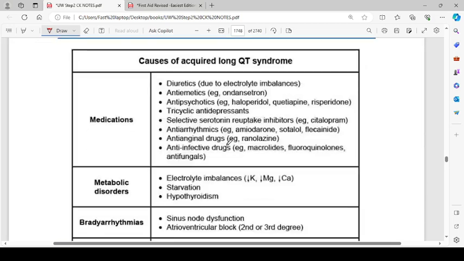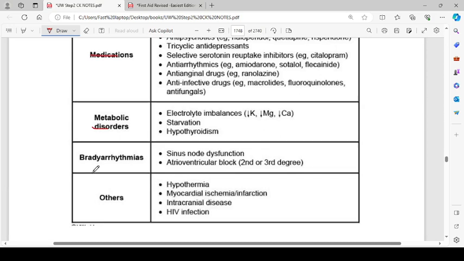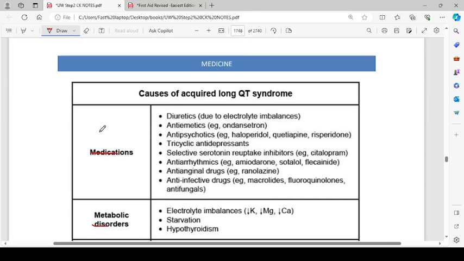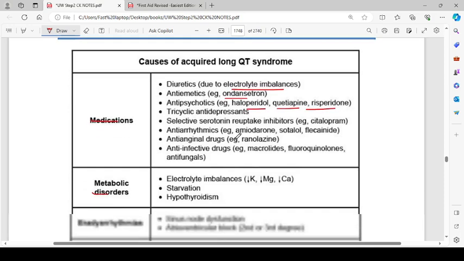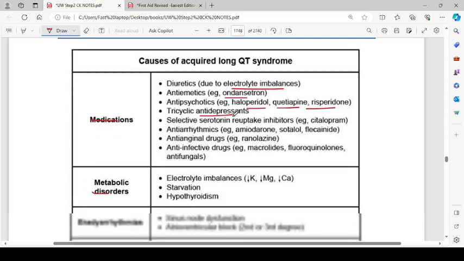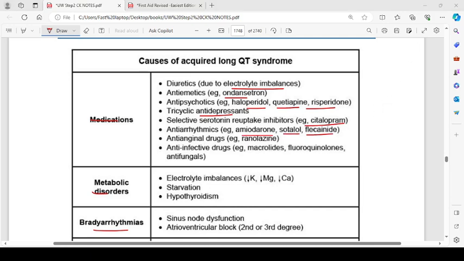What are the causes of acquired long QT syndrome? They can be medications, metabolic disorders, bradyarrhythmias, and others. For the medications: diuretics due to electrolyte imbalances, antiemetics, for example ondansetron, antipsychotics like haloperidol, quetiapine, and risperidone, tricyclic antidepressants, selective serotonin reuptake inhibitors, for example citalopram, antiarrhythmics, for example amiodarone, sotalol, and flecainide, anti-anginal drugs like ranolazine,